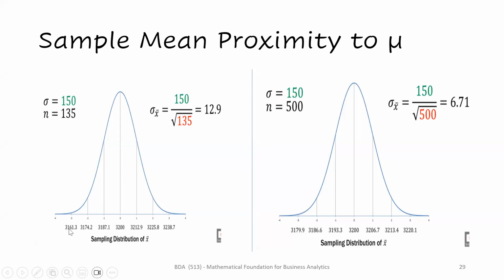For a standard deviation of 12.9, if we are doing 3 standard deviations, our range will be 3,161.3 and then 3,238.7. On our right-hand side, where the standard deviation is 6.71,